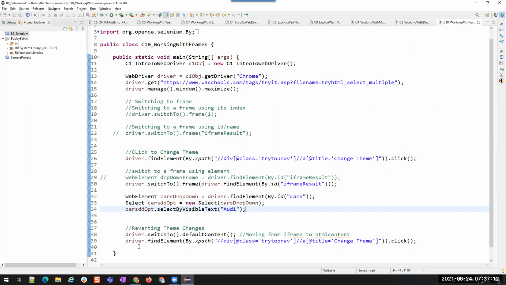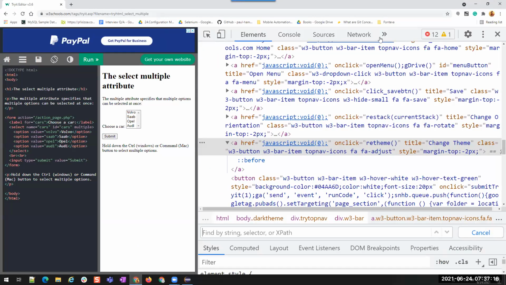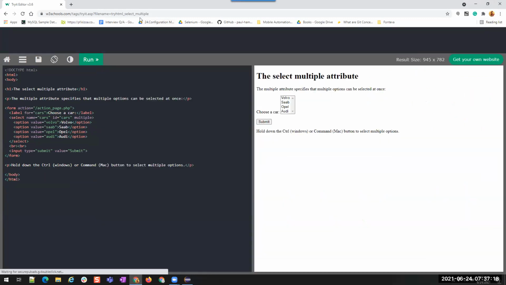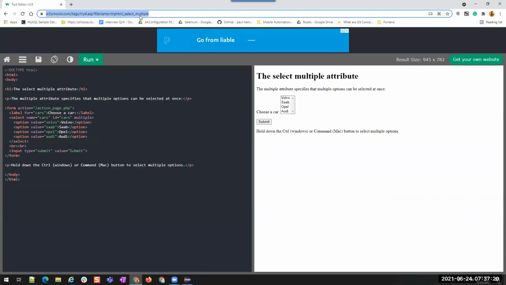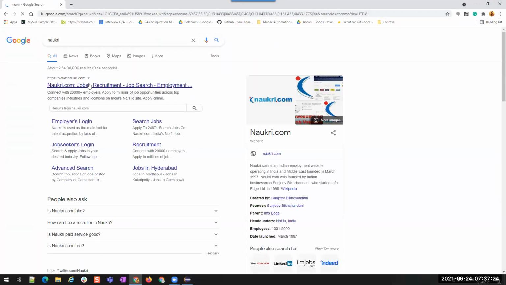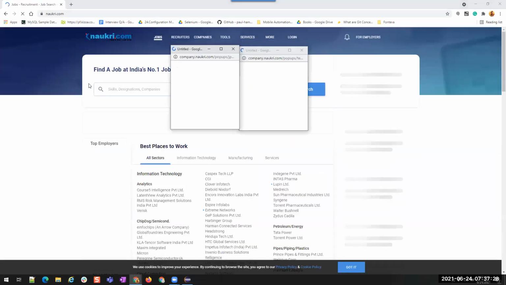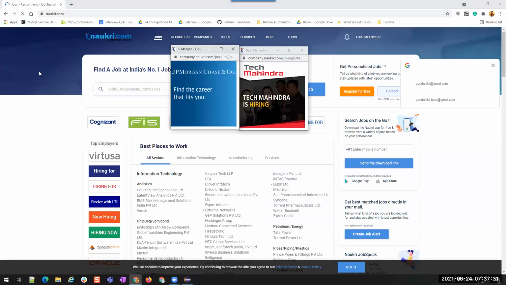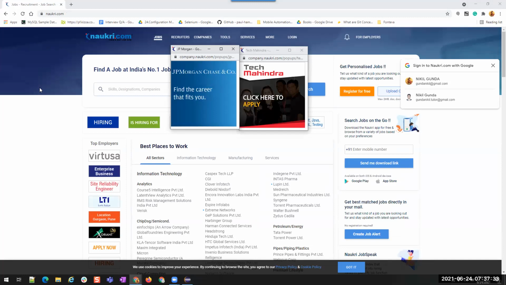Our next topic will be windows. Okay. For windows, I'll take the example of a job portal, which is Naukri. If I open this Naukri.com, let's see. All right.